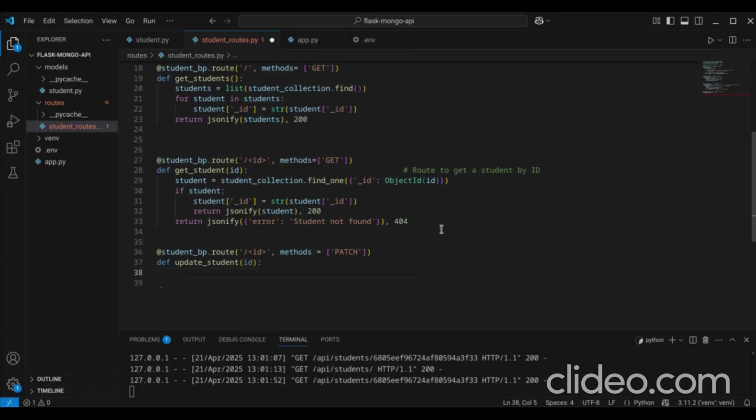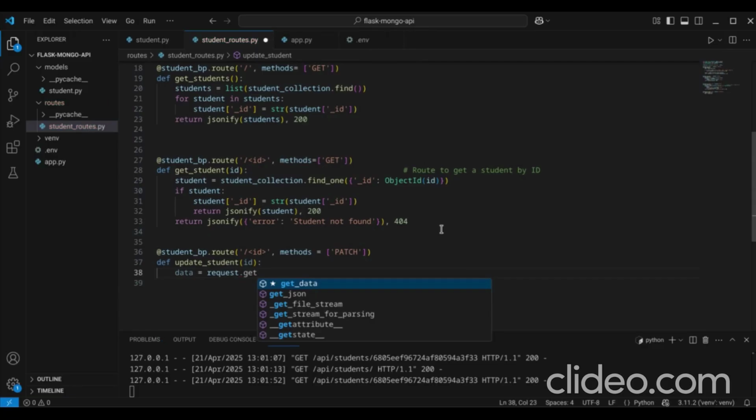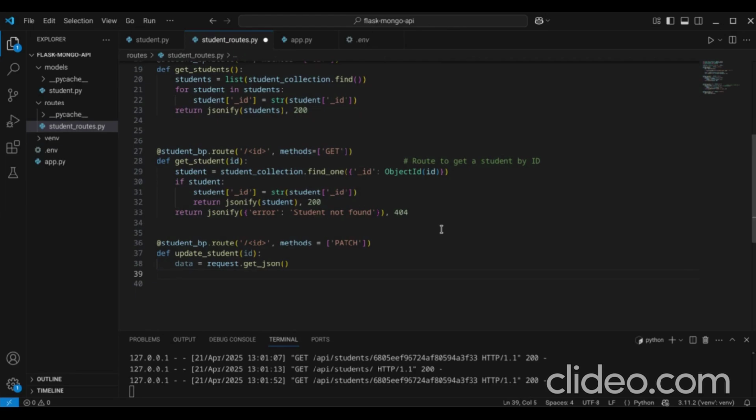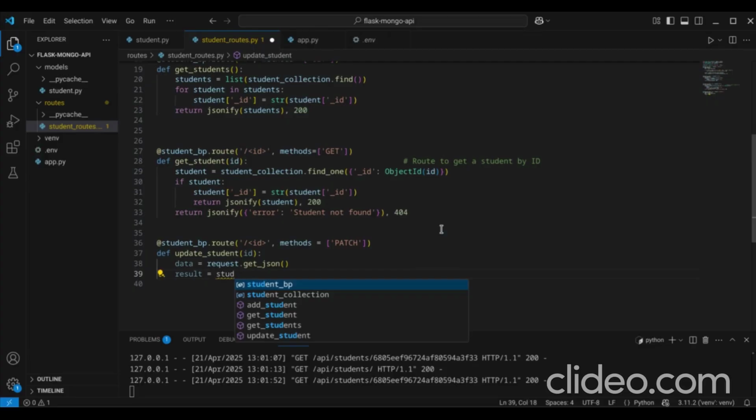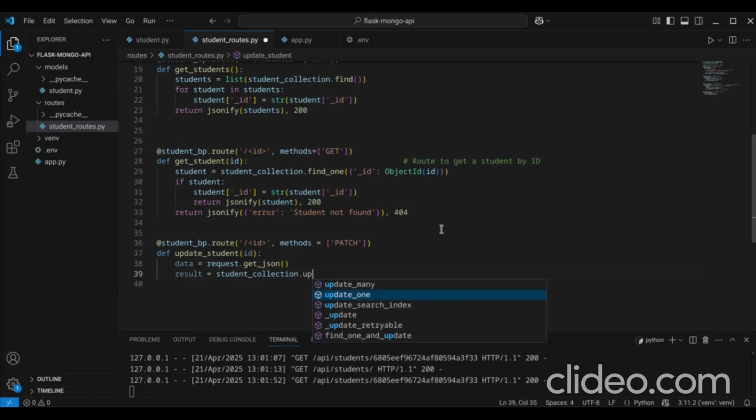Then we're going to grab the data from the student to update it. Get JSON, and then result will be student collection.update_one,